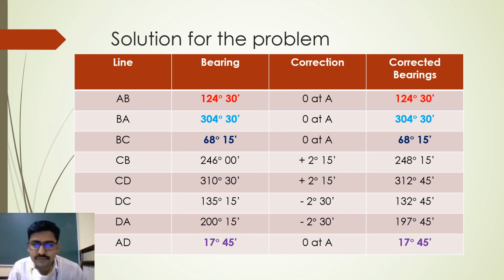So one problem we have solved on open traverse and one we have solved in closed traverse. So in the next topic I am going to discuss one more problem which is given on quadrantal bearing system. So once you understand how the problem is to be solved in the quadrantal bearing system, then the things will go faster. And remember, the problems given on whole circle bearing system will be quite easier to understand, whereas problems on quadrantal bearing system will be slightly difficult. Not very difficult, they are slightly difficult.